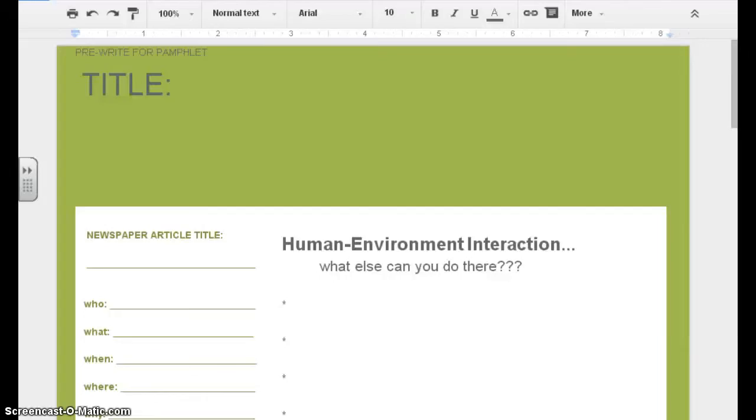And it brings up a simple. Today you're going to get a pre-write that goes with the Seven Wonders project. I know many of you have already started your actual writing in the pamphlet, typing all of that in computer class. So you're going to use the pre-write to make sure that you have everything included in your project that you need, and